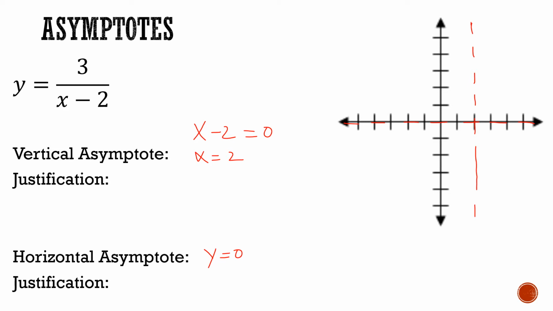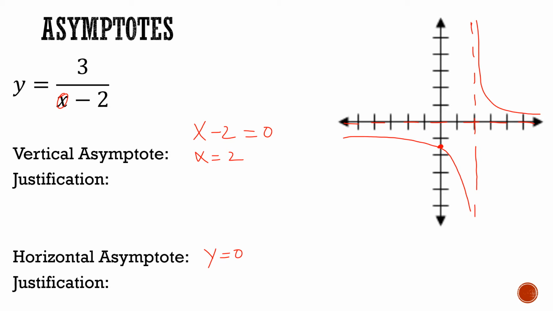All right, so now I'm going to draw out my curve. Again, you should kind of have an idea of what this looks like based off the parent graph. But if you didn't, you could always find your x and y intercepts. Now this one isn't going to have an x-intercept because of the horizontal asymptote at 0, but I can find the y-intercept, and the y-intercept would be when I plug in 0 for x. So if I put 0 in right here, I would get 3 over negative 2 or negative 1.5. I know it's crossing somewhere down here. And if I curve that out, and I make my top piece just off the basic form of a rational,